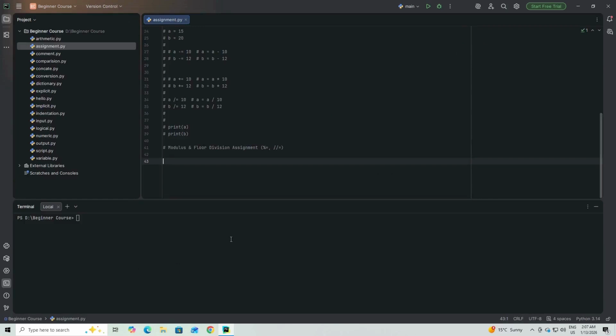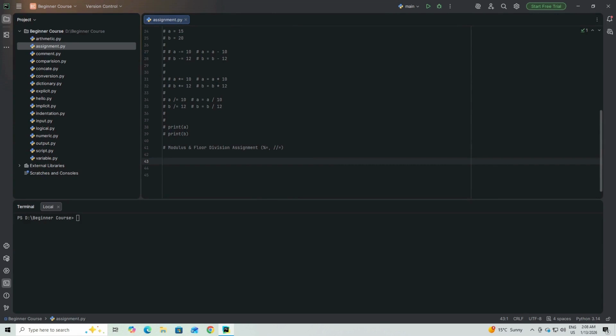Let's right now see the last type of assignment operator, which is modulus and floor division along with the assignment operator. I've already opened the Python window and I already have put the comment over here, modulus and floor division along with assignment operator. And for these two operations, whatever sign we are going to use in the Python code, I have already defined over here. Now let me write a small code snippet and I will try to explain it in a detailed manner